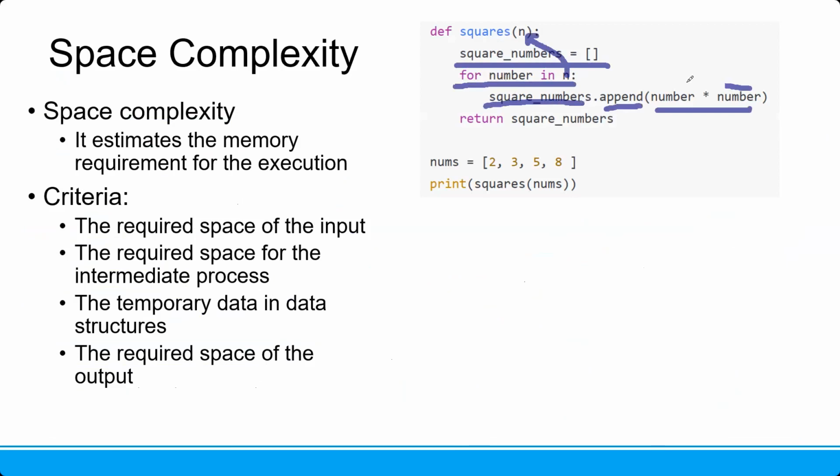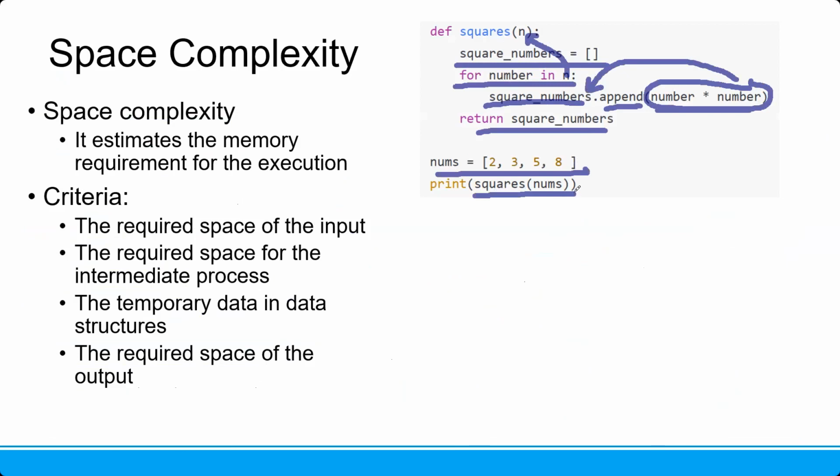So it means we want to make the square of the number and put it into the list of square numbers. Then we will return the square numbers if I put this input 2, 3, 5, 8. So if I print this one,